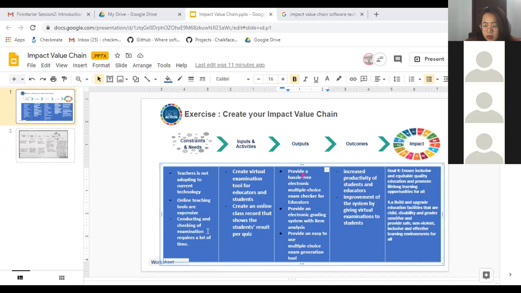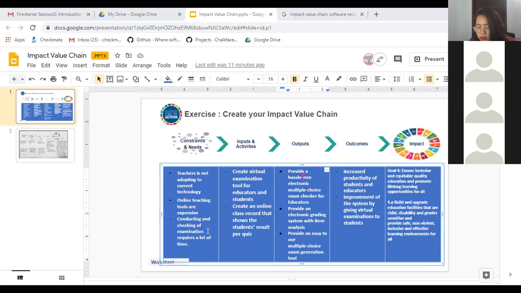So for our inputs, we are going to create a virtual examination tool for educators and students as an improvement for our product. As what we have in the previous product, test paper is the usual way of conducting exams face to face.